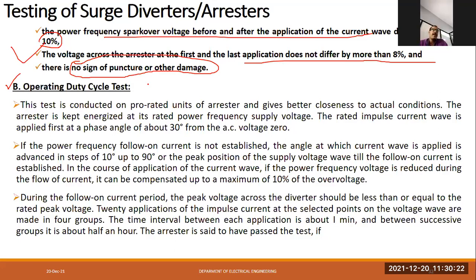Such arrestors we should keep energized, as they require a rated power frequency supply voltage. In such an arrestor, whatever the rated impulse current wave is, that should be applied first at a phase angle of around 30, from the AC voltage angle of around 0. Like that we will carry out the test, and around that, whatever power frequency is available, that power frequency should be